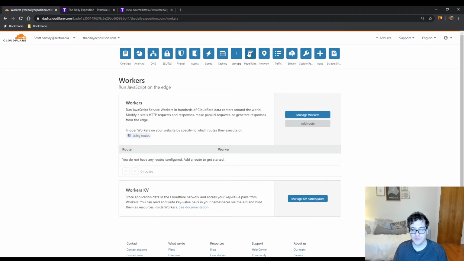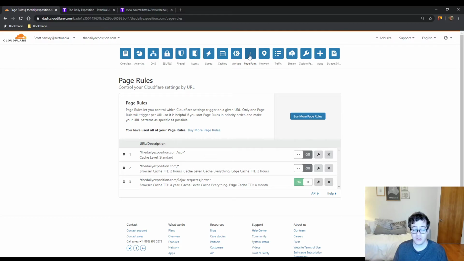We're not going to touch workers because it's a fairly complicated topic, and there's a lot of in-depth nuance and scripts that can be added, but we're now going to go to the page rules since we're here and I changed my mind from earlier. The page rules section is one of those sections where people tend to make a lot of mistakes